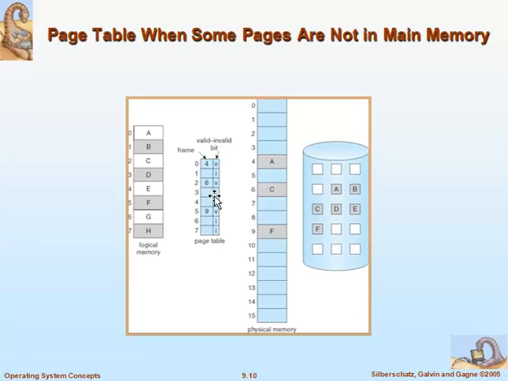In that case, we call it a page fault. If the page is available in the main memory, meaning it is already loaded, then that page is served. Or if that page is not available, that is I, then we call it a page fault.